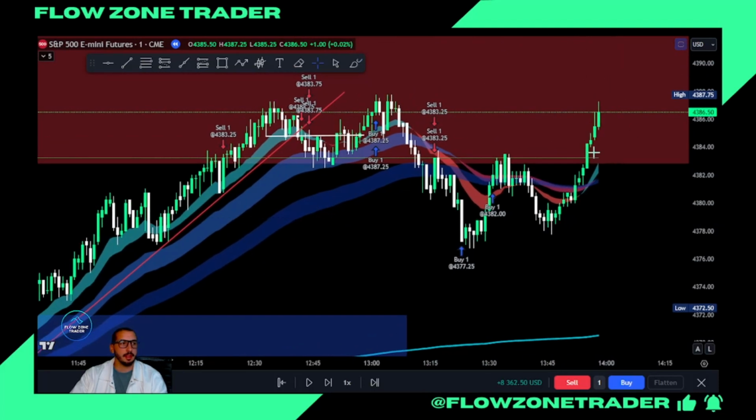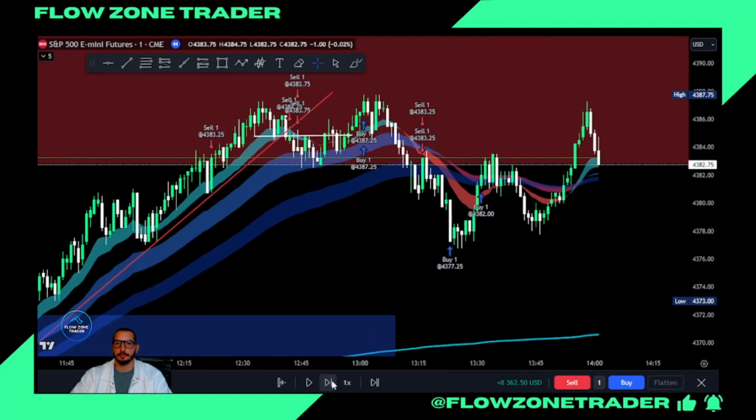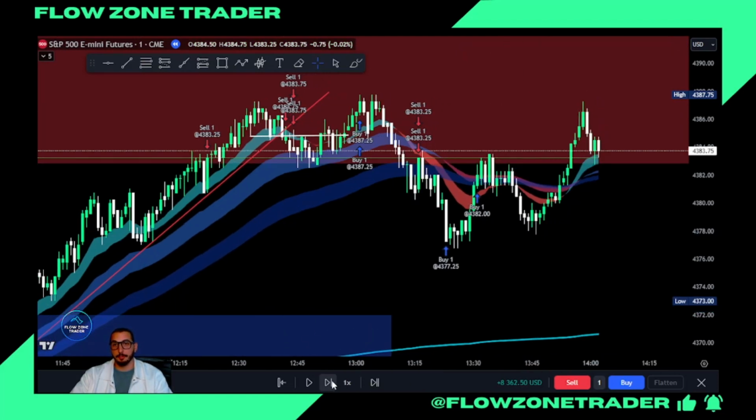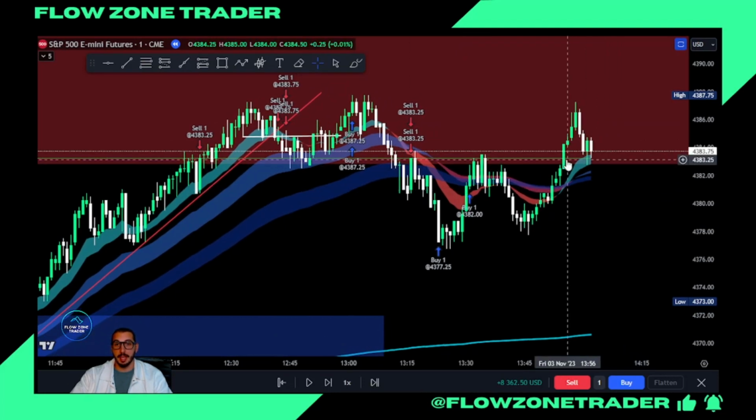Now, why did I think that was going to happen? These are clean up here, so there are so many stops sat up there. That's what worried me about this move here, so you have to be cautious of that. Now that's probably a good long. Right off that, for that break and retest, is probably a good long.